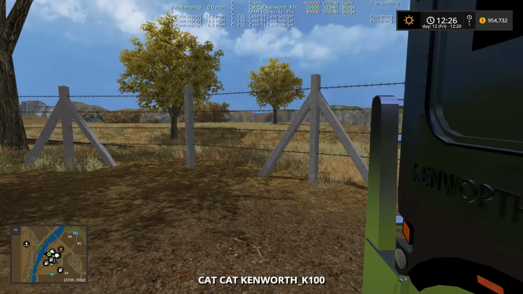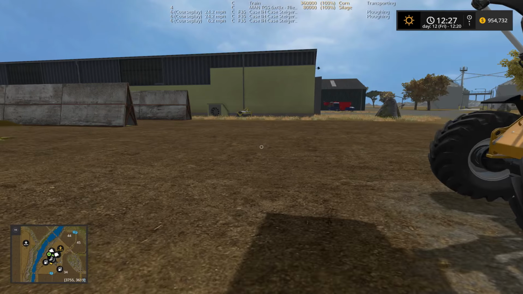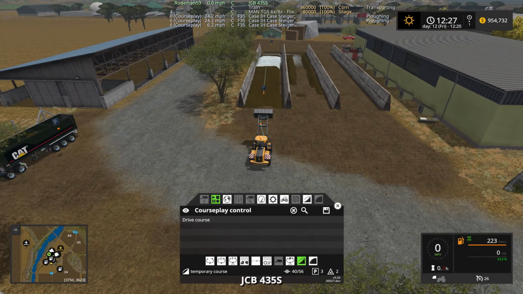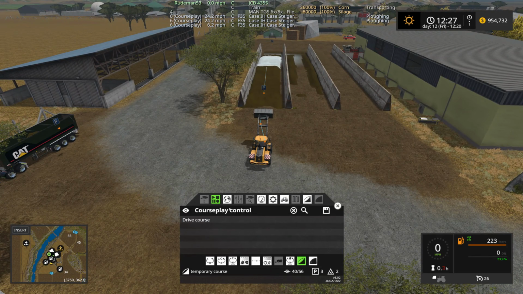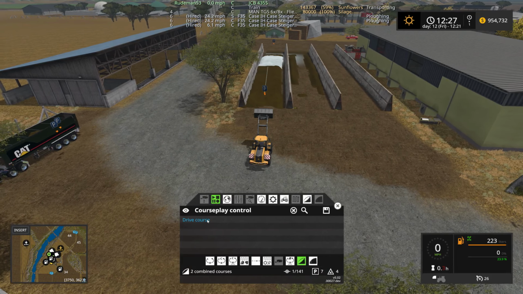Let me show you this thing. I'll show you how it kind of works. I used to do this in 2013. As a matter of fact, I had a tutorial on this. Of course, you're going to do this one right here, which is the fill and empty shovel. And then let's see, load silage 3. I called it silage pit 1, 2, and 3. And then we're going to head up into this